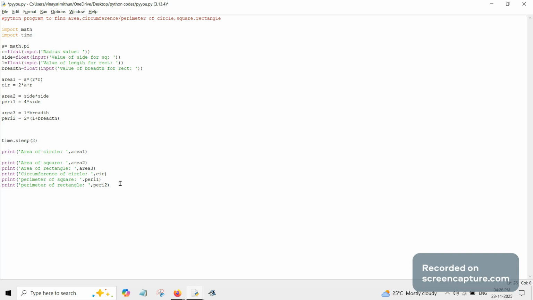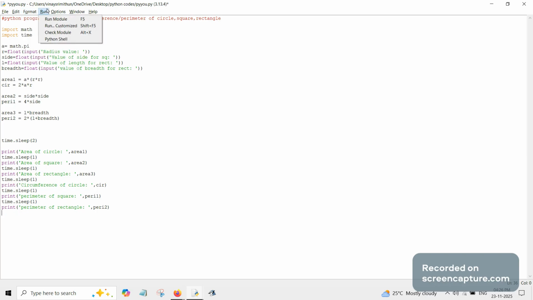After each area, if you want a time of 1 second, you can just write it like this. Time 1 second, copy, enter. Then here also, enter. Here also, enter. Here also, enter. Here also, enter. So this is obviously the end now. So you can just stop it there. Okay. So this is how you run the module